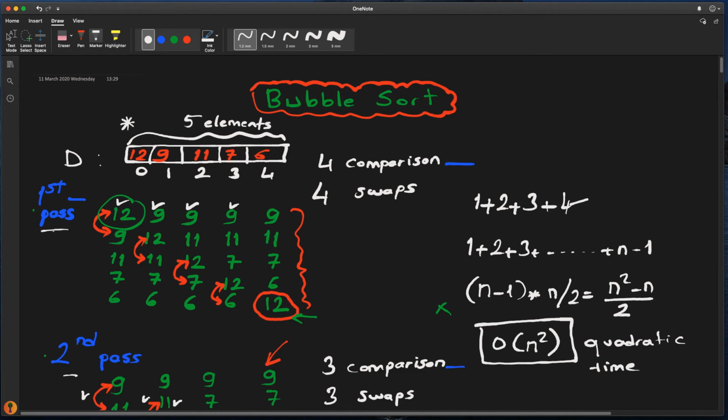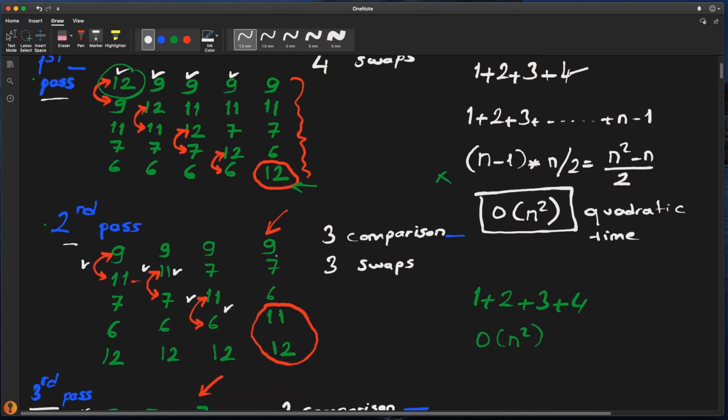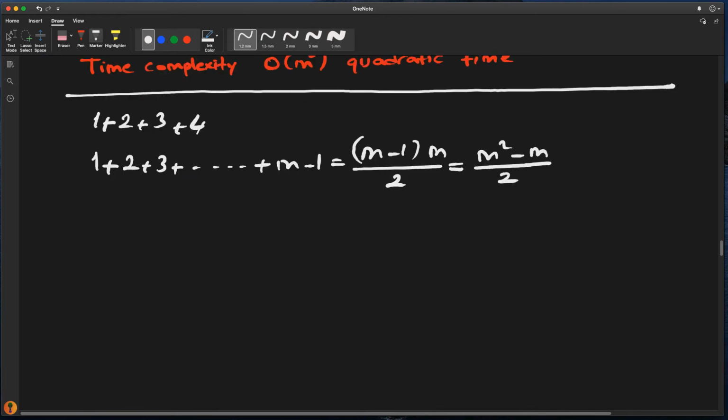So at the end of the first pass, we obtain the largest element in the array. And at the end of the second pass, we obtain the second largest element, which is 11. So we obtain 2 meaningful numbers at the end of each pass. But for the insertion algorithm, we do not obtain any meaningful numbers at the end of the first pass or second